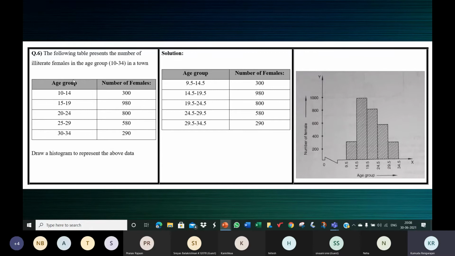So when the class intervals are not continuous, we make them continuous and then prepare the histogram. So as always, we need to show these values on the x-axis: 9.5, 14.5, 19.5, 24.5, 29.5, and 34.5. Now you might have a doubt how much space to leave here. This break is irrelevant. You can leave 1 centimeter in the front or 2 centimeters. That's okay.